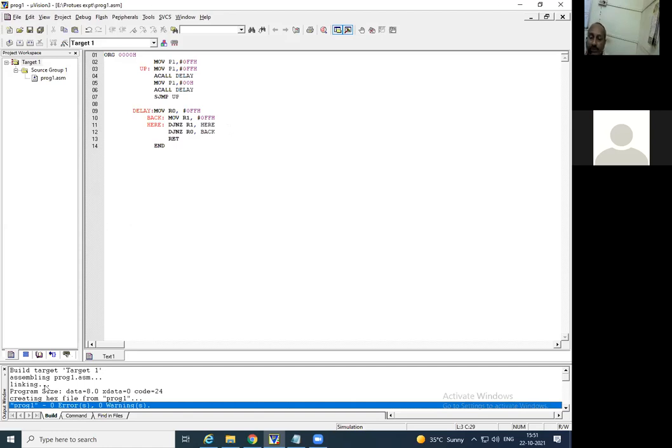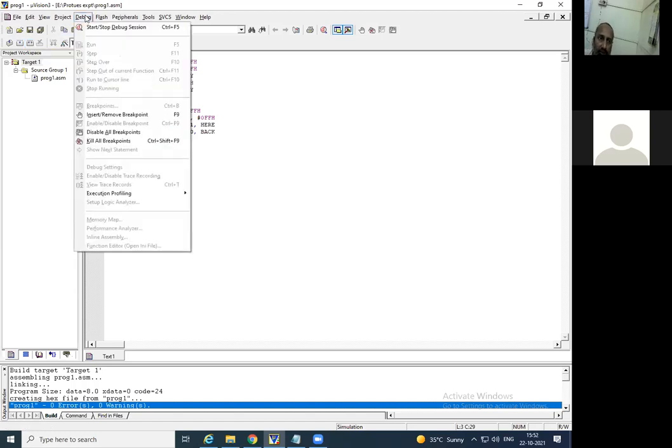Sometimes what happens is that multiple files are connected to each other, and one big program is going to be run. At that time this is known as building all types of targets. And after that the debug, just note it down. That is a very important step, because if even one step is missed, you cannot check this particular output.